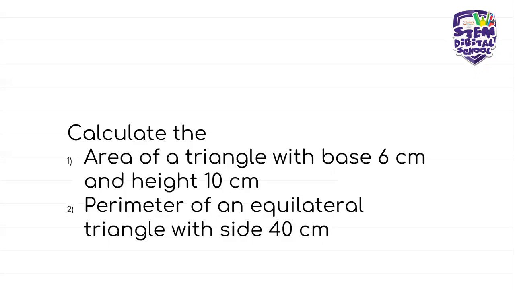Remember that the triangular prism consists of 2 triangles and 3 rectangles. So if I want to calculate the total area, or something called the surface area, of a triangular prism in this case, then you will need to calculate firstly the area of one of the triangles, and then you can multiply that by 2 because of the 2 triangles, and then